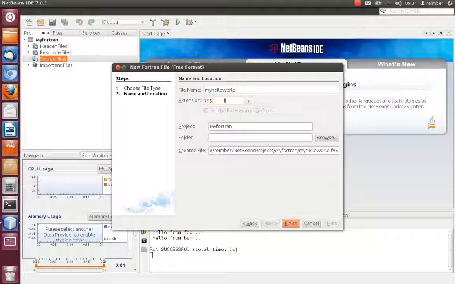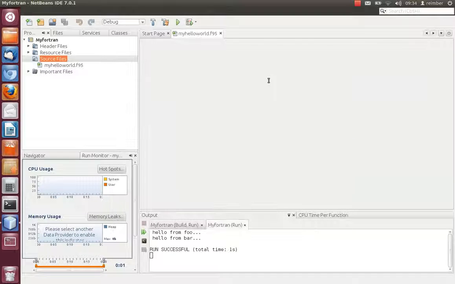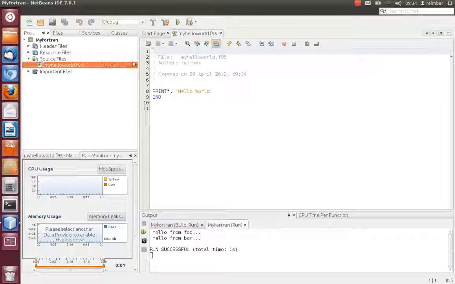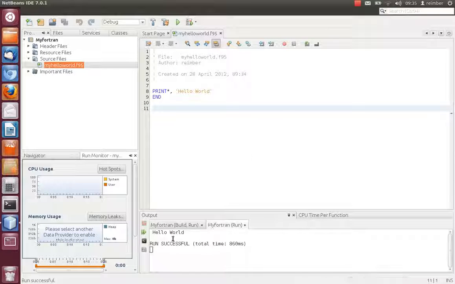This way, each and every time your program starts up and you create a new file or a new project, the default will be the Fortran 95 version on the extension. Click finish, and you suddenly get a little file here under the source folders with your extension, and it will default with a template with the print and the word end. Don't worry about the asterisks at the moment. All we want to do is just run that and make sure that your system works,